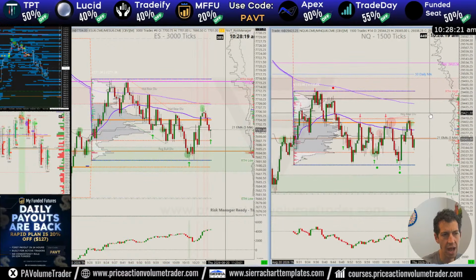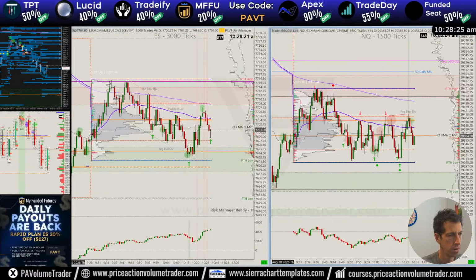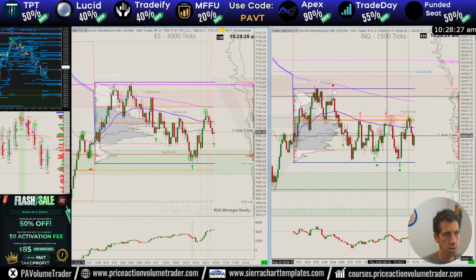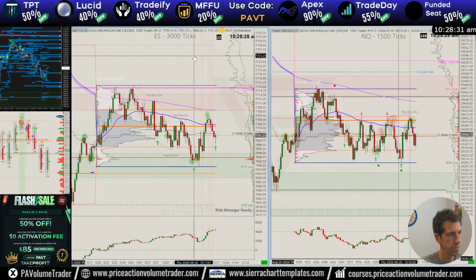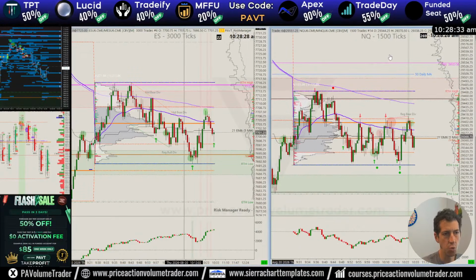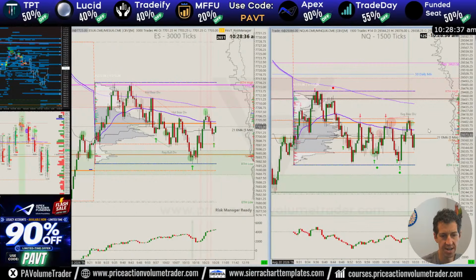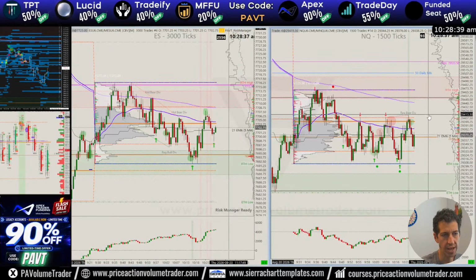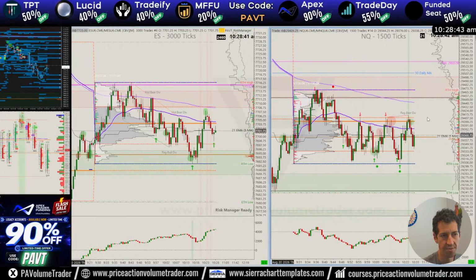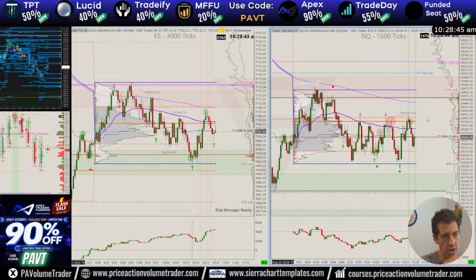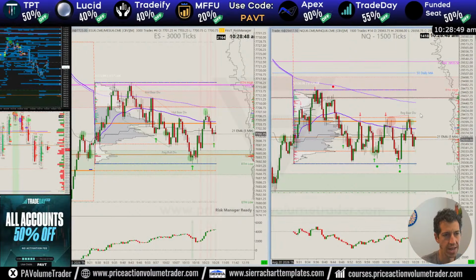Mike, I don't have a timeline for the low volume node indicator. I'm still developing it. It is working now on the lower time frames, but I'm having a hard time getting it working on the 1 hour chart and higher time frames. So I want to make sure that I address that issue before I do anything.